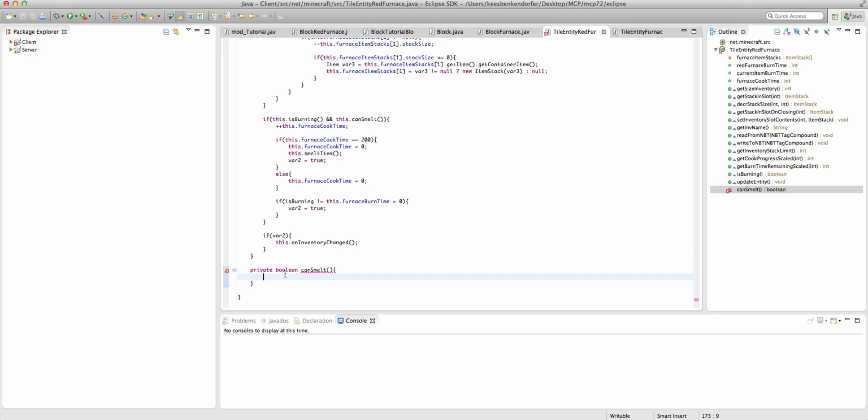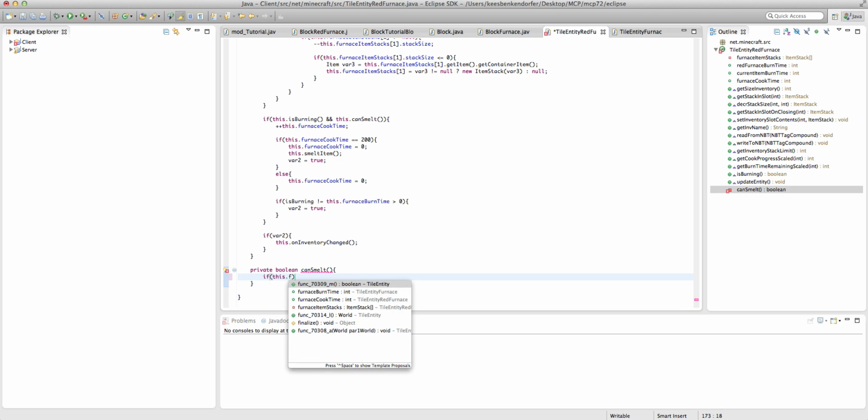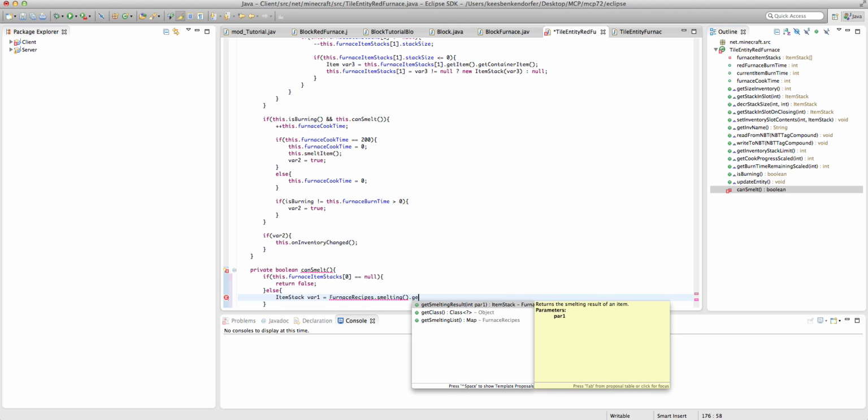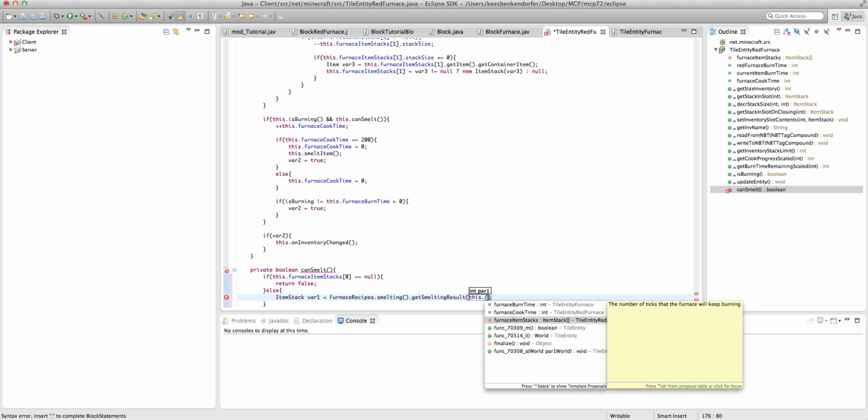Okay, now we want if this.furnaceItemStacks[0] equals null, then return false. Else, ItemStack var1 equals... and actually, I'm going to, never mind. We'll cover the furnace recipes in a later video, but we'll do FurnaceRecipes.smelting().getSmeltingResult(this.furnaceItemStacks[0]